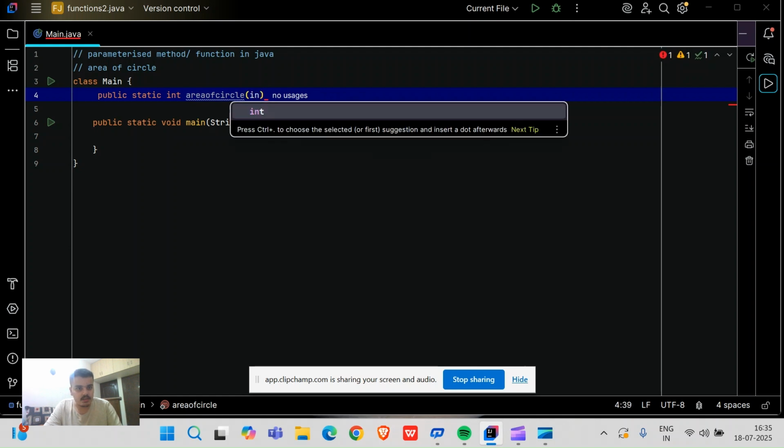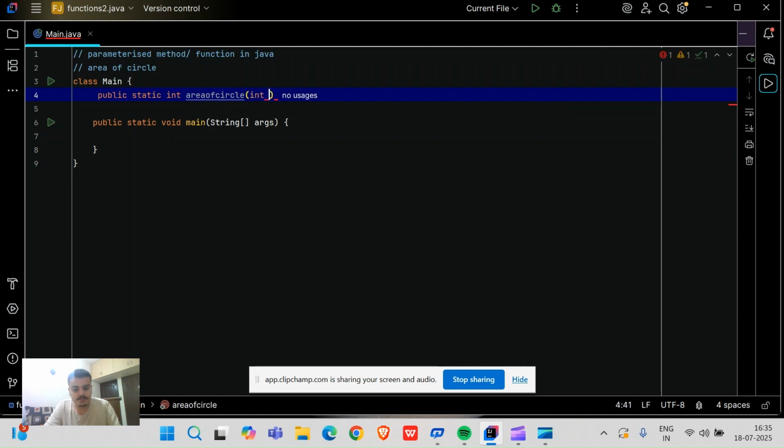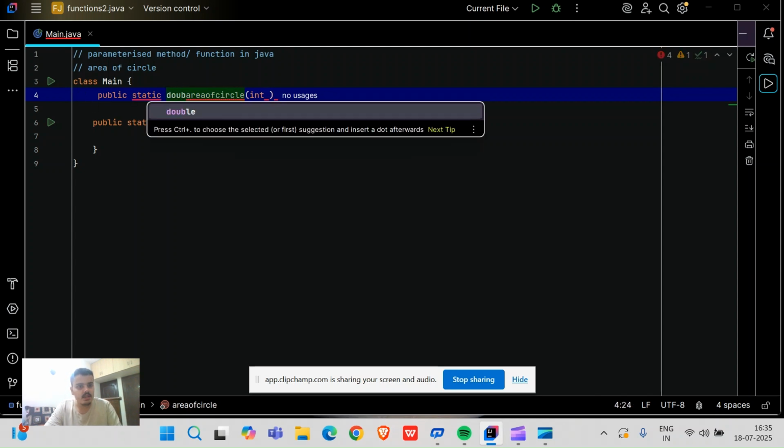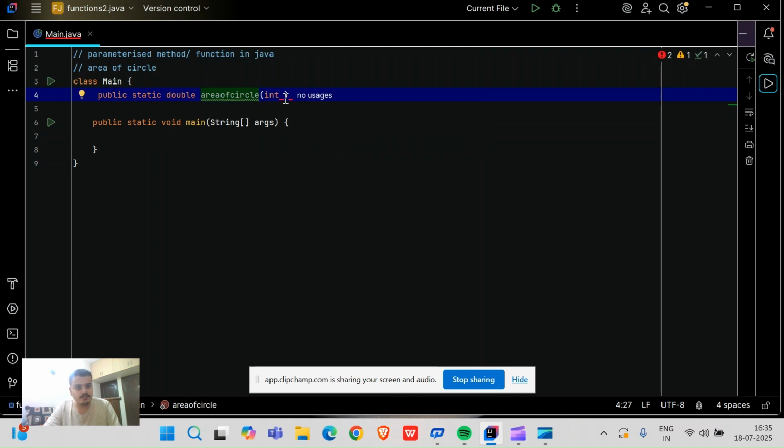Just a second. Int pi. Let us make this double, because we are getting the area in decimals, so it is better to make the area in double.